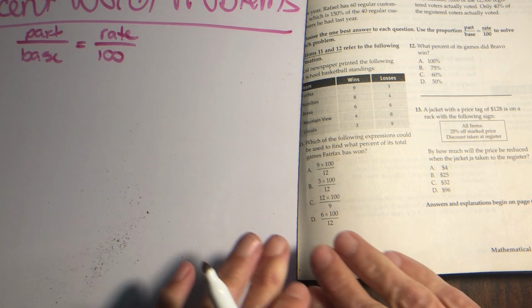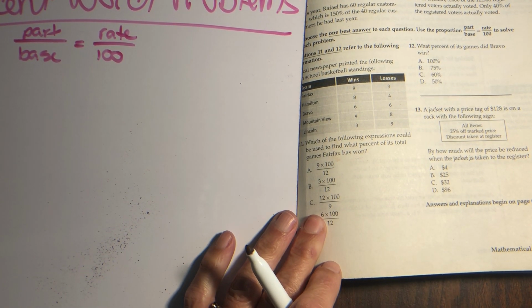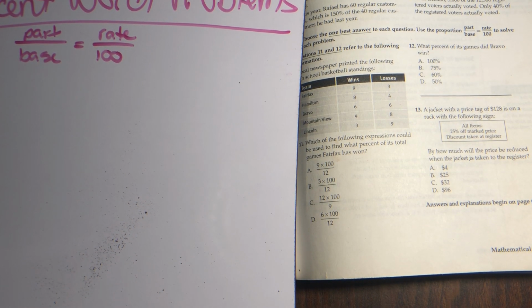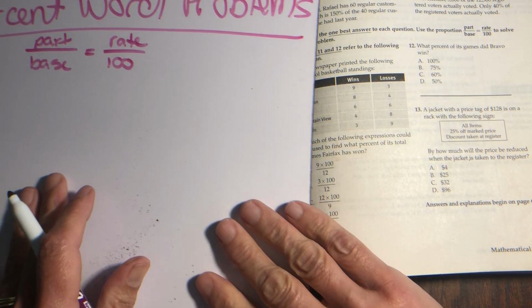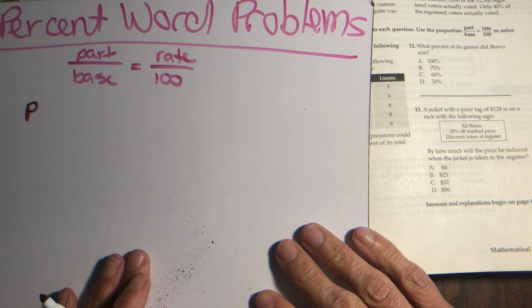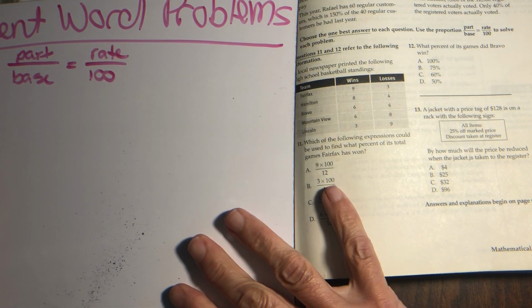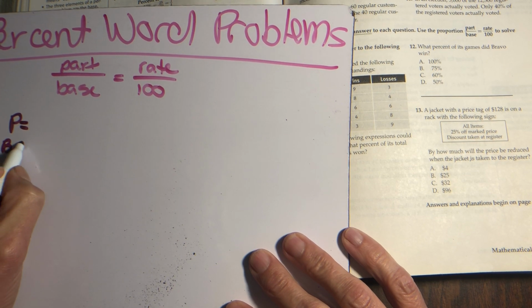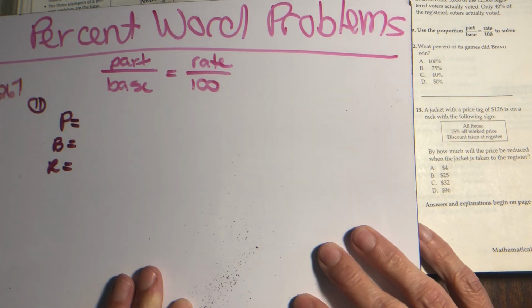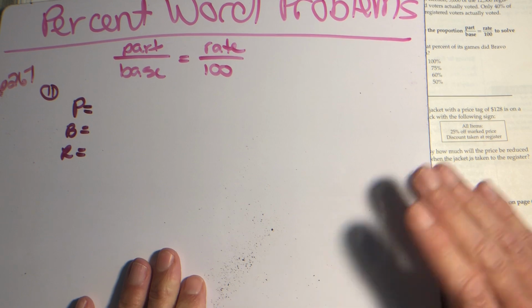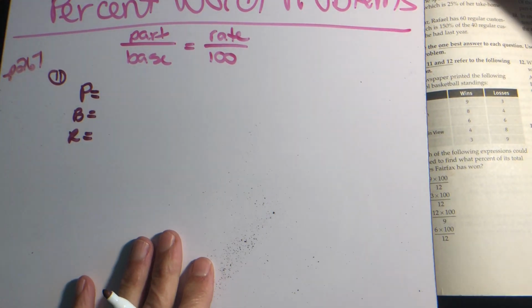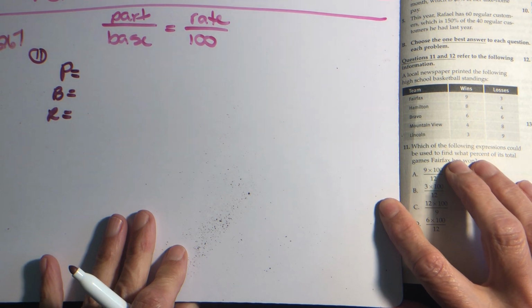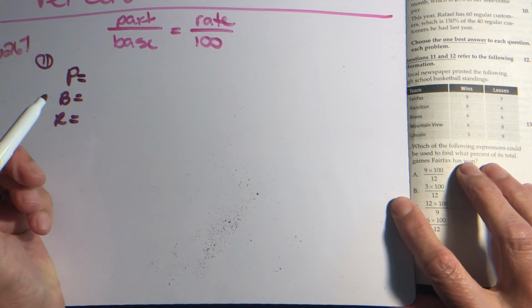Now, I have a lot of students, and when they get to multiple choice questions, they don't do any of their practice work because they're just going to pick A, B, and C. So they skip doing any problems. So I don't want you to do that. I still want you to do what we've learned, what we've practiced, and then take your stuff and go find the correct answer. So it says, which of the following expressions could be used to find what percent, so we're looking for percent,